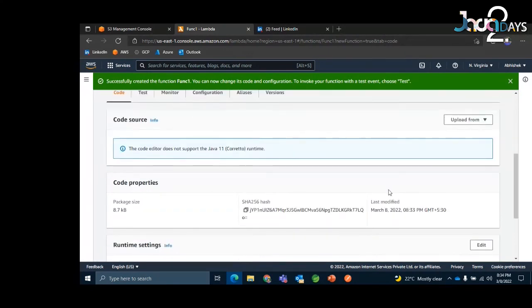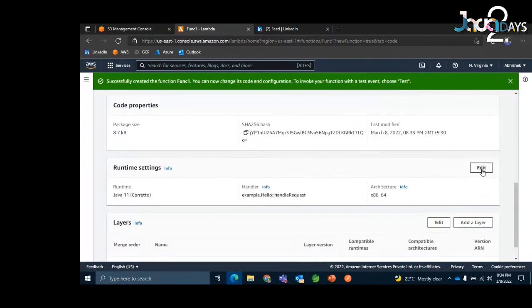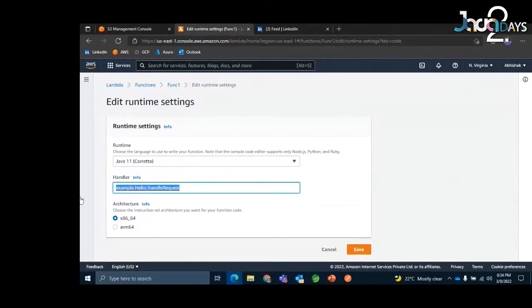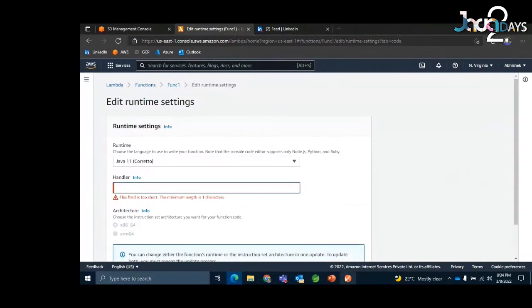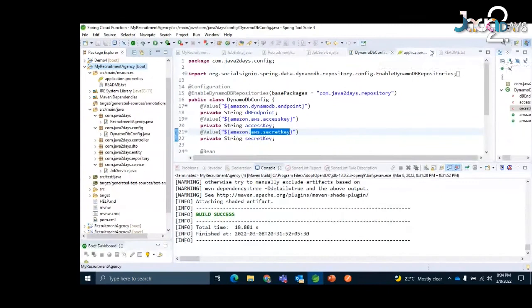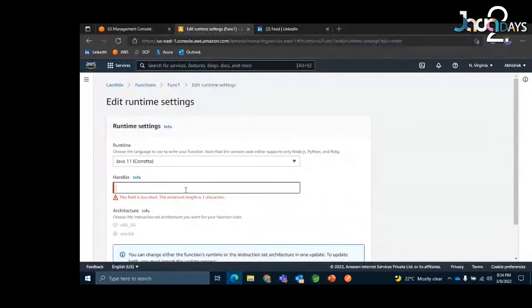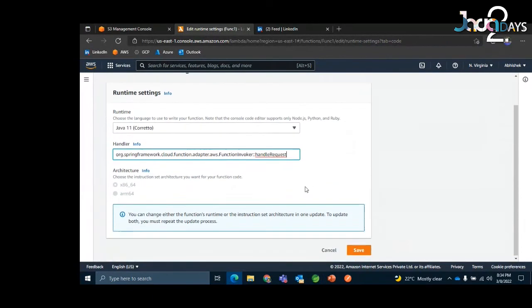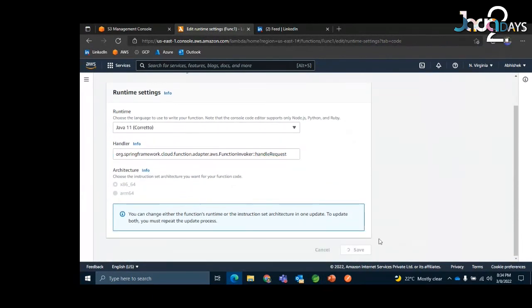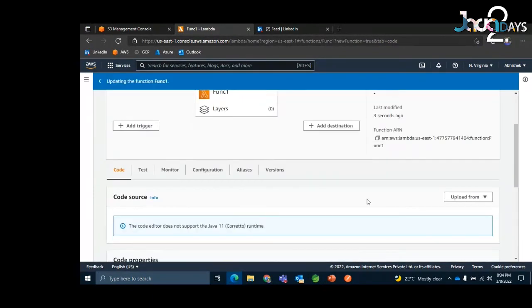Now here I just need to make a small change. Like in our application we added a required dependency, here we need to change this handler also. That again I have mentioned in my README file. If you require, I can share my GitHub link with you guys later on, where all this will be ready, and I'll save it. So that is also done.